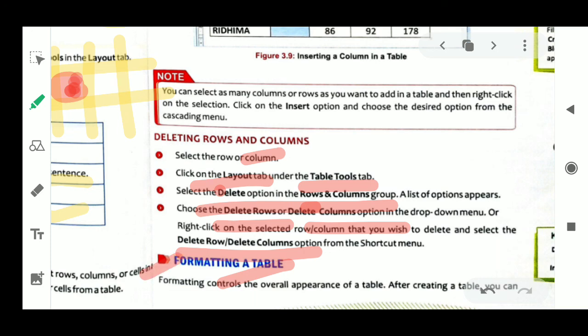That is possible. Where do we have to go? We have to go inside the table tool. In the table tool there is again one tab whose name is the design tab. Under table tools there is a design tab. In the design tab we will see some styles, some groups of the table, different styles, and we can select any one according to our choice, and we can format our table.